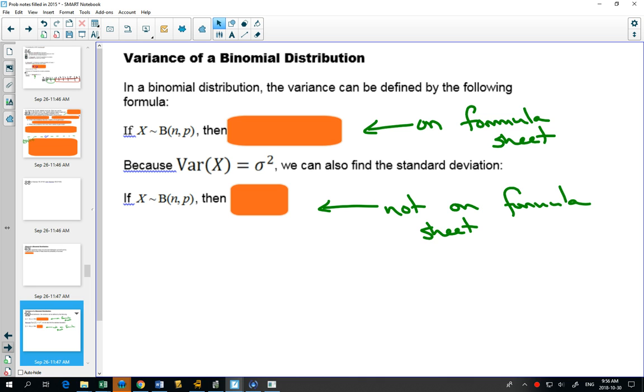The variance of a binomial distribution, also on your formula sheet, is quite simple as far as the formula. It's your number of trials times your probability of success times your probability of failure. Which is pretty cool. Which is leading to normal distributions, which is going to be really neat and interesting, but we're getting there. But your variance